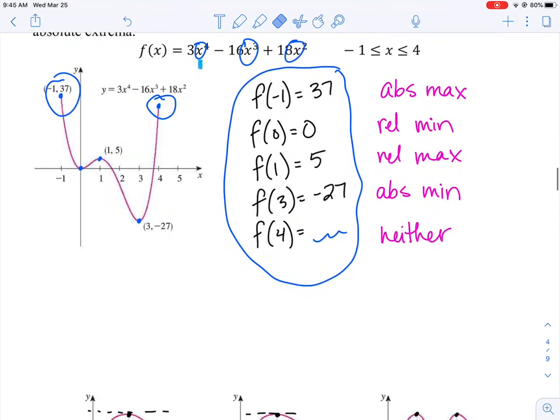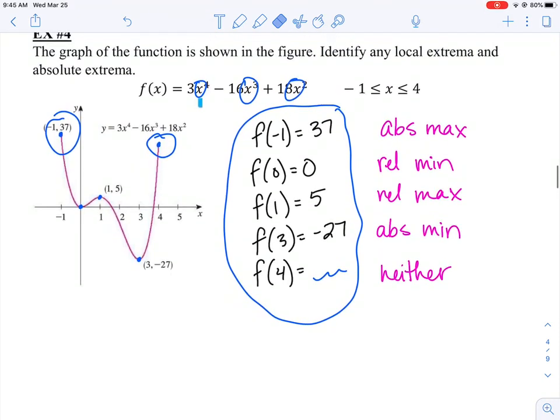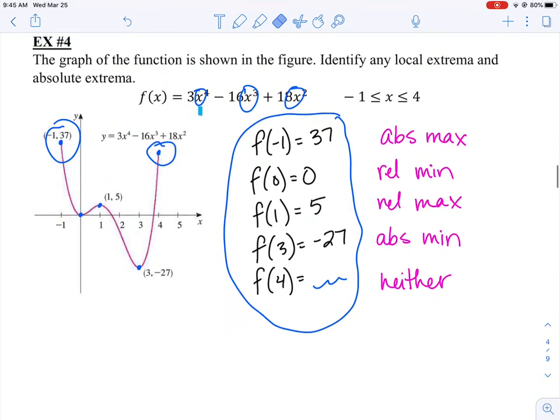So that's another example of when it might be neither. Again, remember that endpoints can only be absolute